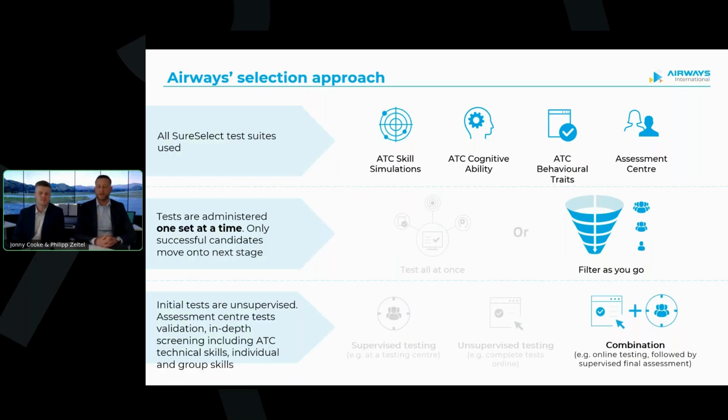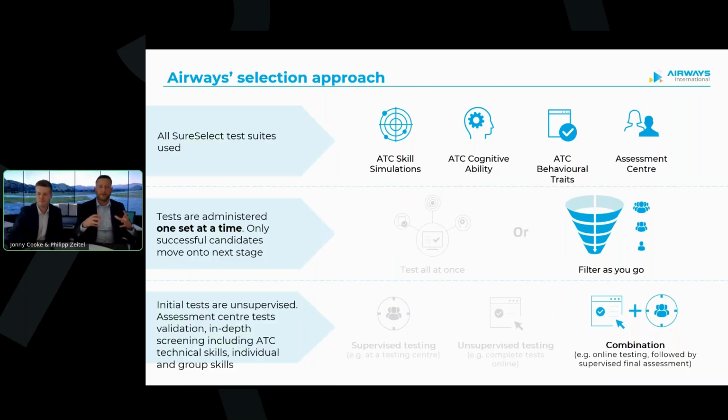Again, similar to the first test, if candidates score higher than the needed cutoff point, they then receive the third stage of remote testing, which is our ATC behavioral trait survey. During the cognitive ability testing, we're looking for very specific competencies. We call them detailed accuracy and coded reasoning. That's for our cognitive ability tests. For our ATC skills tests, we're looking for short-term memory, remembering relationships, and spatial reasoning. Candidates also complete a radar test.